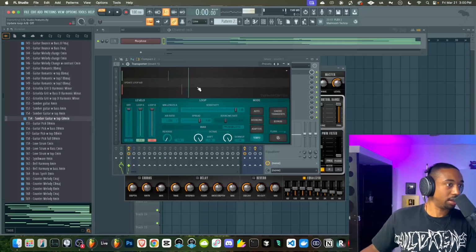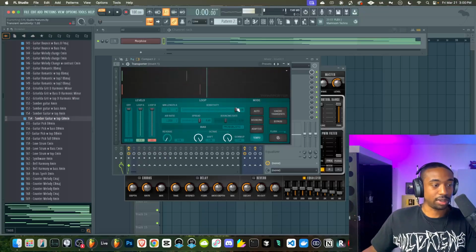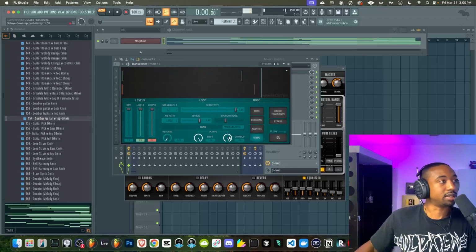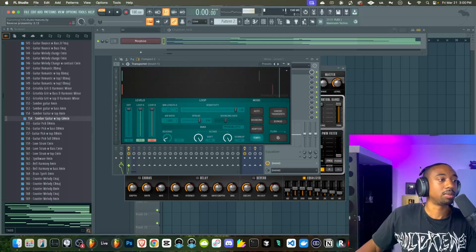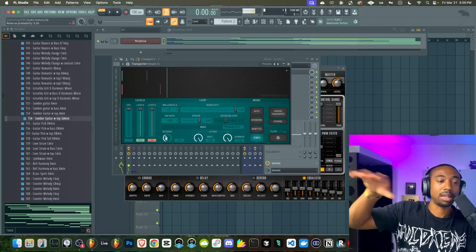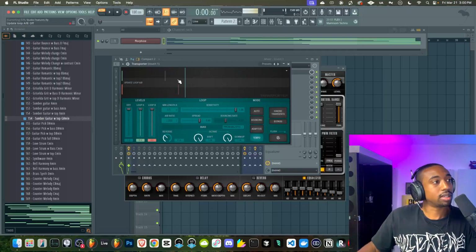This is just a great plugin for trap melodies. Just turn the sensitivity up. Turn your octave shift up so that it actually shifts the notes, and then turn this up to the right. This means it's going to pitch the stuff up an octave. You can mess with the reverse if you want it to reverse or not, and the probability. So let's just have a low probability somewhere in here. So we'll reverse some, but not reverse everything. Okay, so let's hear the melody through this.